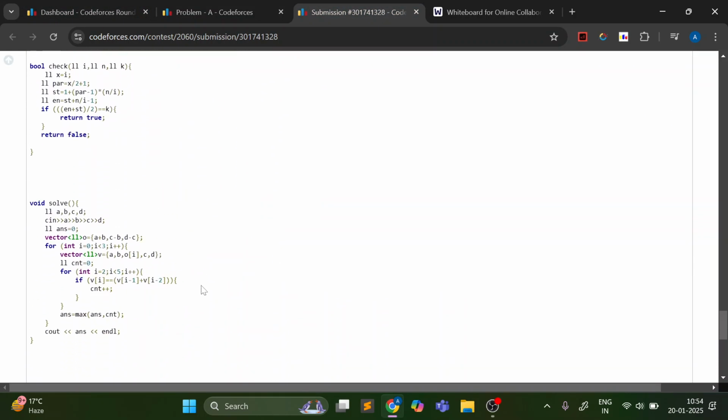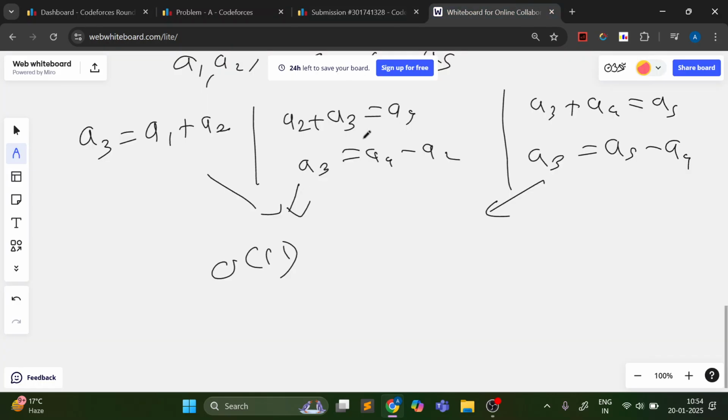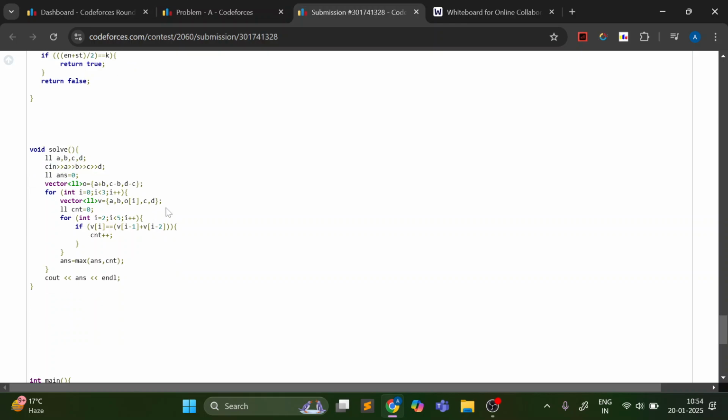So first, basically, I created the options vector. One option is A plus B, second is C minus B, and third is D minus C. Just change the A1, A2 type of representation with A, B, C, D. And then what I'm doing is I'm creating that vector